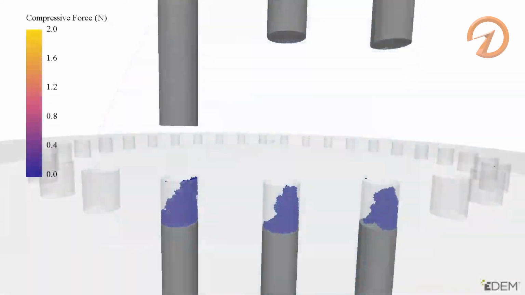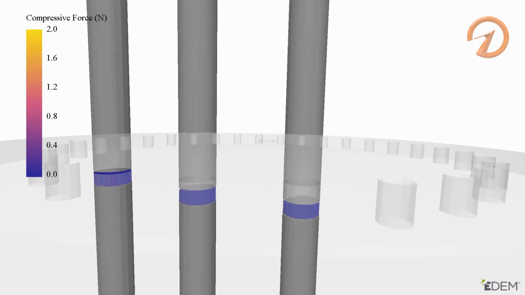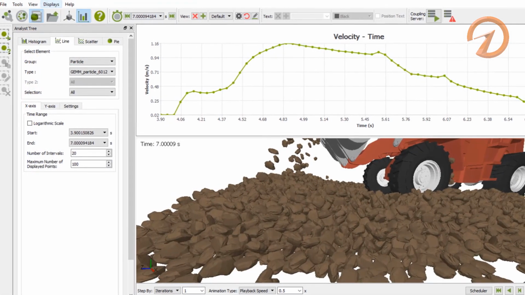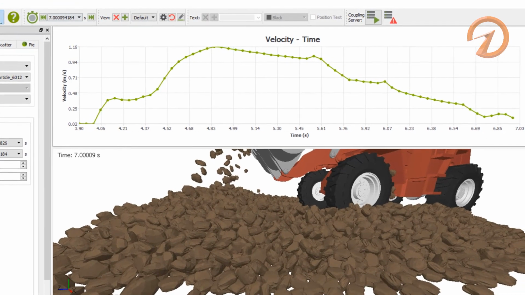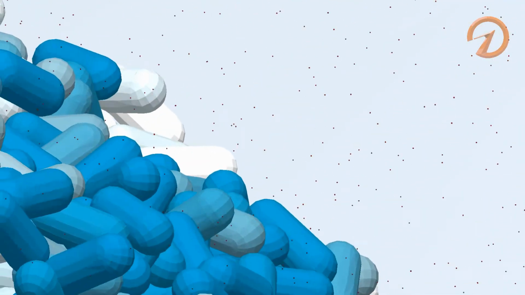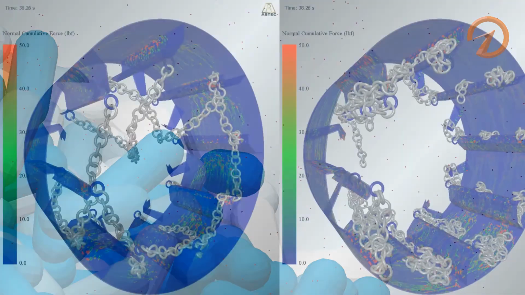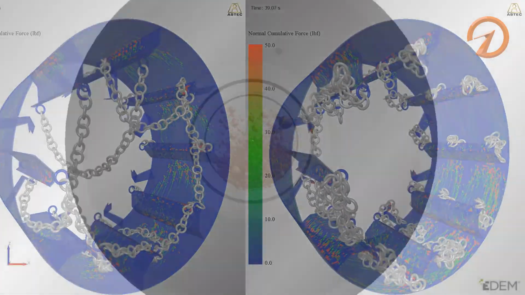By introducing EDEM simulation and analysis into their design workflow, companies can significantly reduce physical prototyping and testing costs and increase the productivity and reliability of their equipment and processes. EDEM provides the key functionality and performance that customers need to realize maximum productivity benefits from engineering simulation across product